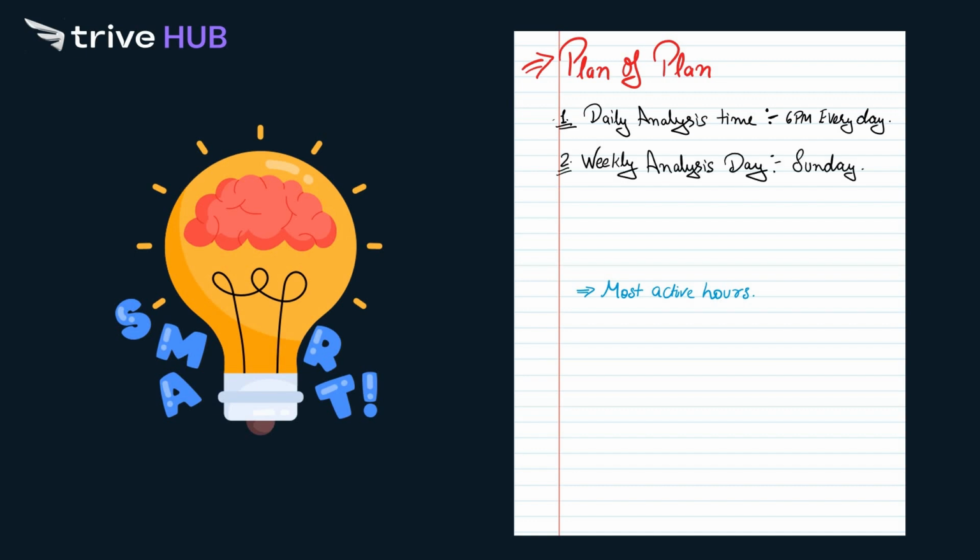Then you can select a day for weekly analysis, an overview of all of the economic events and currency pairs. This is a once-in-a-week thing, so I would like to do it on Sunday, as on that day we have a lot of time, plus the cycle is continuously updating every week. On Sunday, or you can choose any other day also.